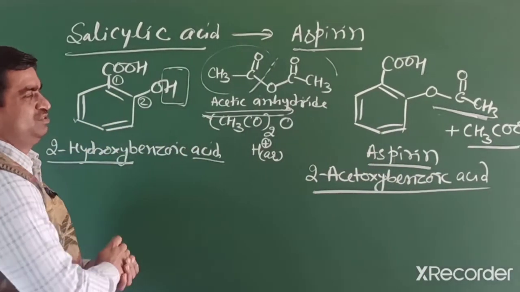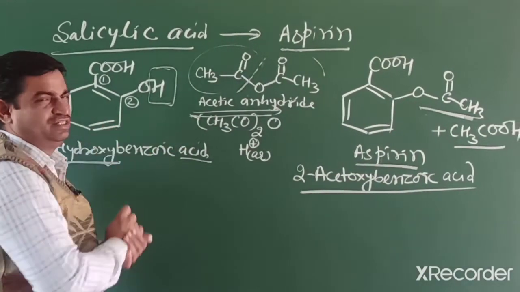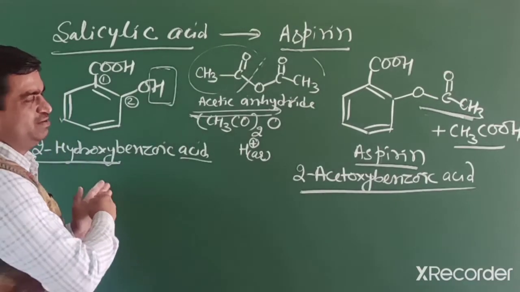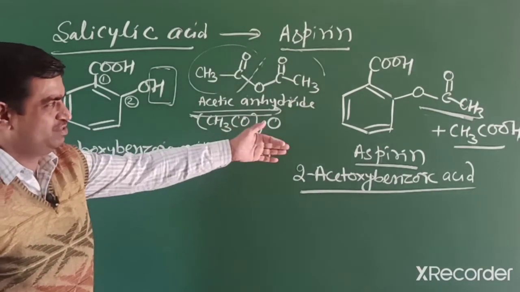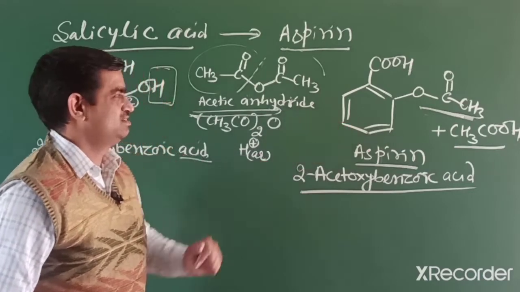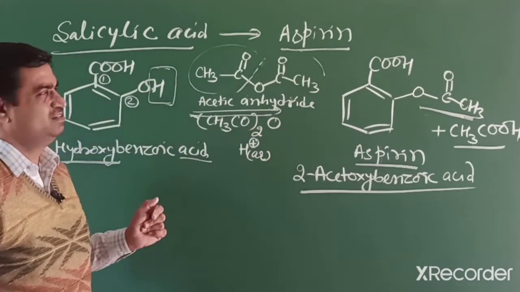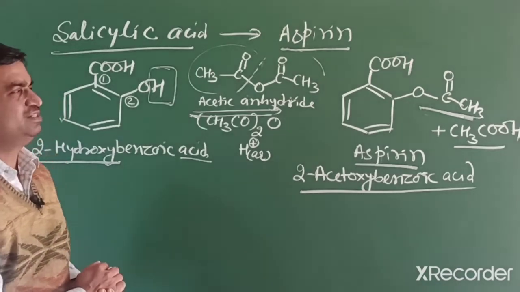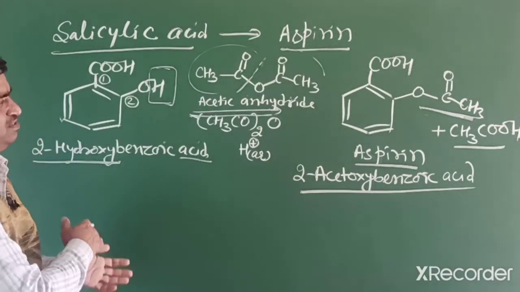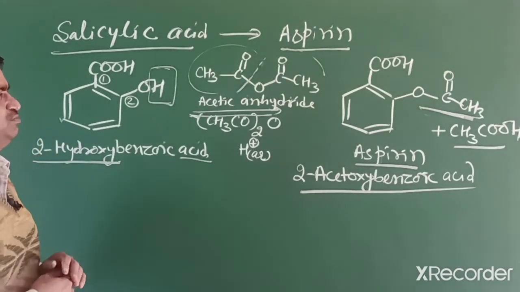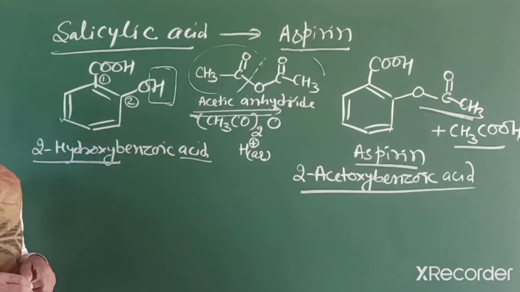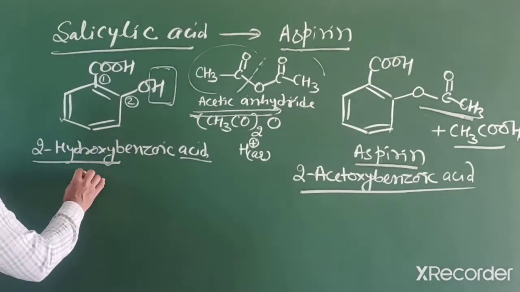Sometimes the question comes, why is this reaction reversible? What happens? You have to remove the ester. Actually, this compound is an ester. So we have to remove this ester or the carboxylic acid, meaning acetic acid, to get more product, shifting towards the product side according to Le Chatelier's principle.